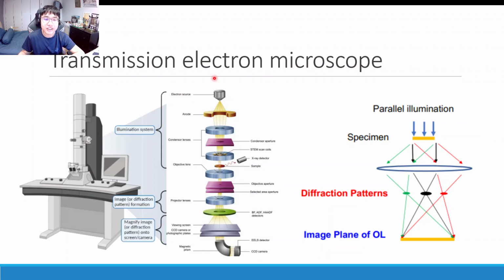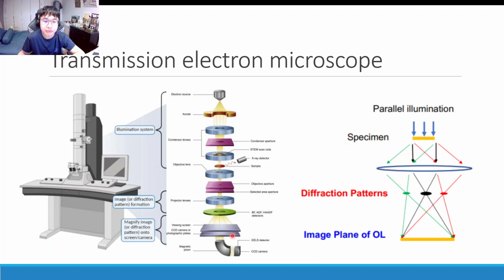And so the general structure of your TEM looks something like this. Once again, you need your electron source, you need your anode to accelerate the electron beam to a high enough accelerating voltage, normally about, let's say, 20 kilo electron volts for a standard TEM used in the semiconductor industry. And then after that, a series of electromagnetic lenses to shape and focus the electron beam. And then the very thin beam is passed through the sample, and then through the objective lens